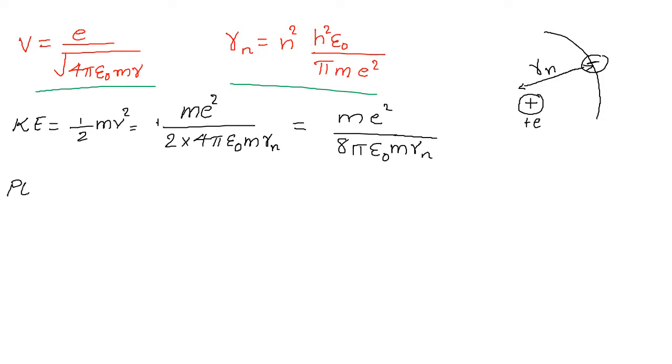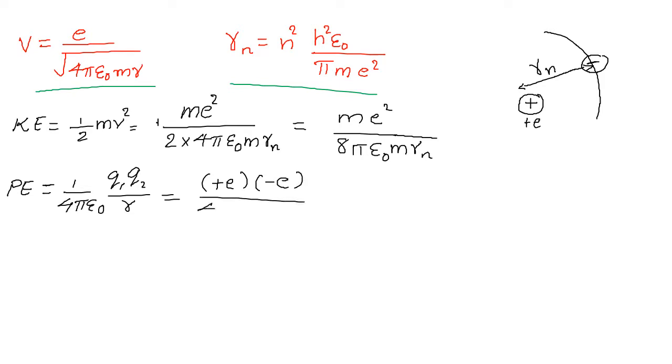Since there is an electrostatic force between the two, that is the nucleus and the electron, there will be electrostatic potential energy. Since electrostatic force is conservative, that is given by the formula 1 by 4 pi epsilon 0 q1 q2 divided by the separation R. So in this case, q1 is plus e and q2 is minus e. So plus e into minus e, q1 q2 divided by 4 pi epsilon 0 Rn. So you can write it as negative